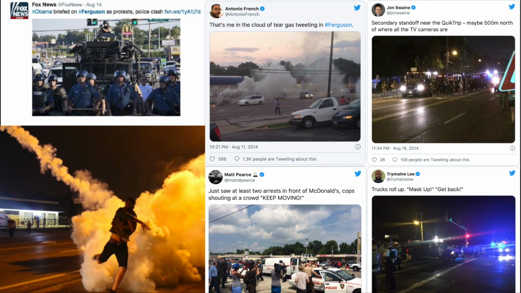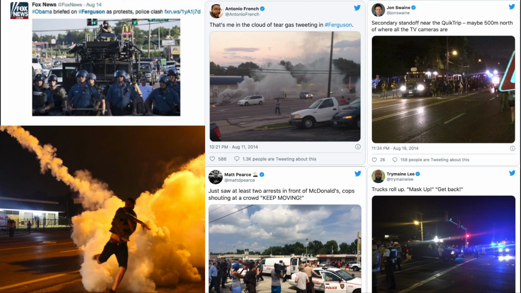Now, if you want to understand why this is really valuable, these are a number of images that were shared in August 2014, during the social unrest and demonstrations around the murder of Michael Brown in Ferguson, Missouri. Here we have a number of different social media accounts, all from Twitter, with different kinds of imagery showing different narratives about what's happening on the ground, from the Fox News image that has a very militarized police feel, to other examples of the use of tear gas, and the bottom one in the middle of arrests of journalists at McDonald's.